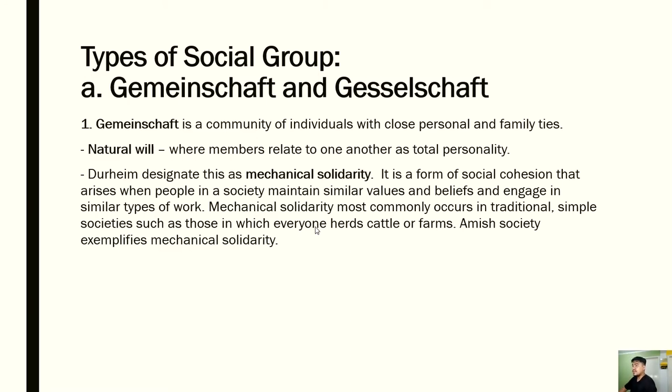So dito sa Gemeinschaft, itong mechanical solidarity, it's a form of social cohesion that arises when people in a society maintain similar values and beliefs and engage in similar types of work. So more likely nangyayari siya sa mga agricultural societies, sa mga horticultural, sa mga pastoral communities. Mas magagets natin itong Gemeinschaft at Gesellschaft when we look into a comparison. Now, in your rural communities, sa mga farming communities natin or dito sa Cordillera, sa rural, sa mga mountain areas,